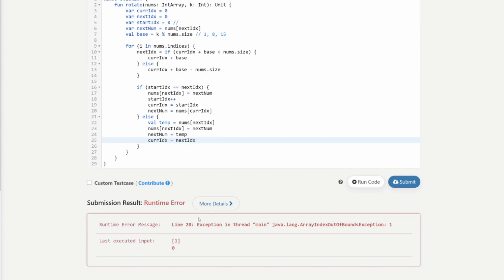You have a runtime error message: array index out of bounds exception. So what happens here is right here is that error. Your base is 0, right? So your next ID is 0, your current ID is going to be 0 because everything's 0. And then you come down here because your start index is 0 and your next ID is 0, so you're going to be placed right here. Your start index becomes 1. But then